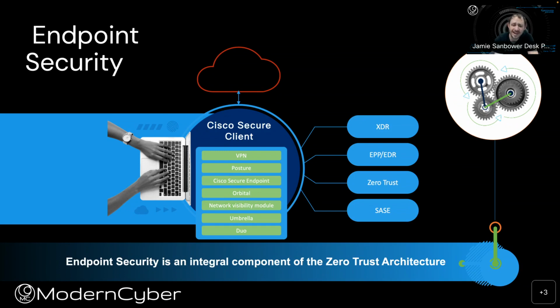Orbital, which is used for forensics, and the Network Visibility Module. NVM is less known; it can take any flows from an endpoint and send them up to things like Secure Cloud Analytics or Cisco Secure Workload. So for every endpoint that's out there, whether it's on-premise or remote, we're able to get visibility into all of the traffic flows, including process ID and a lot of the data you would need to enable those zero trust access policies. And finally, you get Umbrella roaming, which can help enable both DNS and secure web gateway policies,